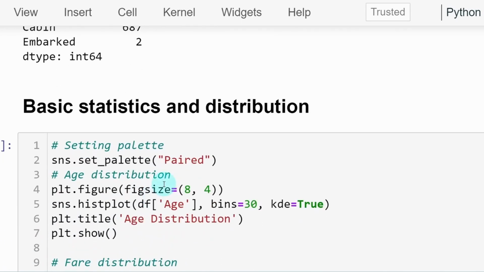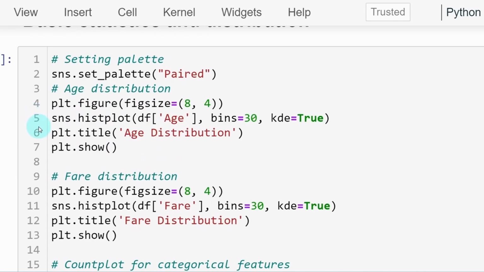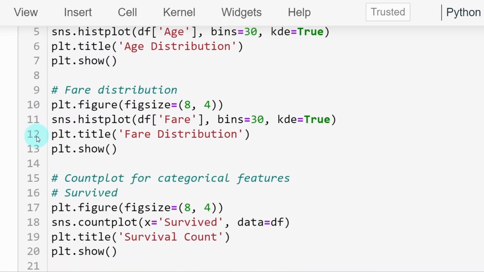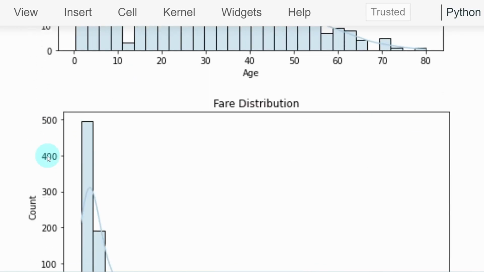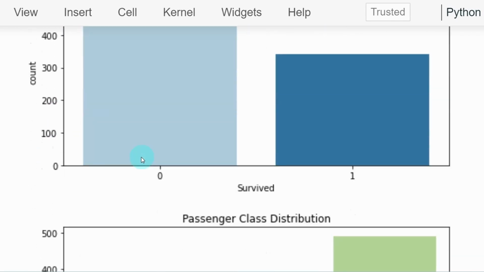Usually we will do a lot of analysis of data to find out more about what it contains, what the different values are, and how it behaves. So in this case, we'll do basic statistics and distribution. For fields like age distribution and fare distribution, mostly histograms and count plots, those we'll be doing. Say this is the age distribution, fare distribution, survival count,